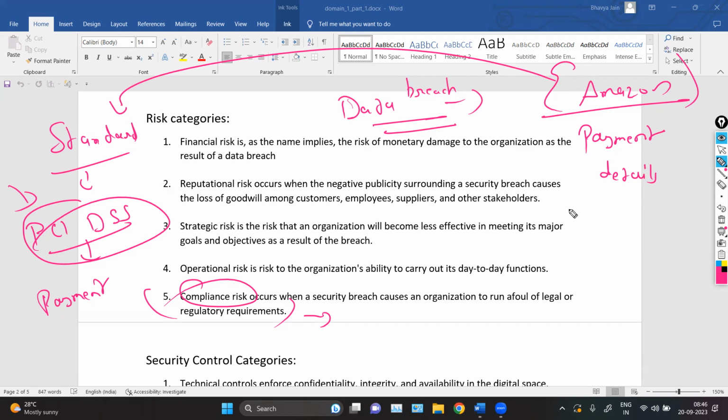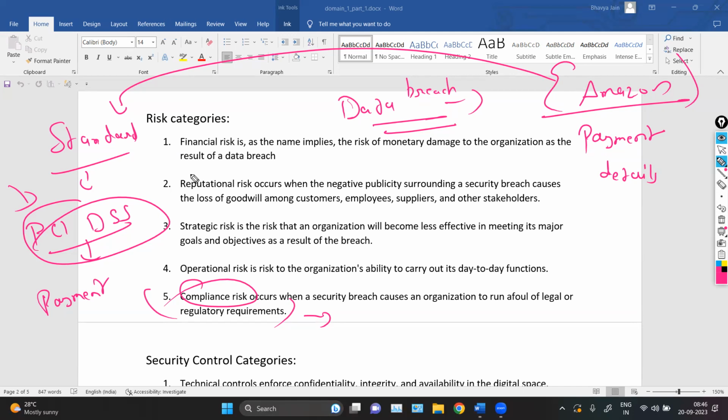So you have to pay the penalties. You have to answer in the court, like why this incident even happened, and why are you not responsible, etc. So that is compliance risk, where you have to face the legal authorities like the higher court, whatever is in your countries. So that is compliance risk, where there's a violation against any law, any standard of the country, of the nation, or of the company as well.